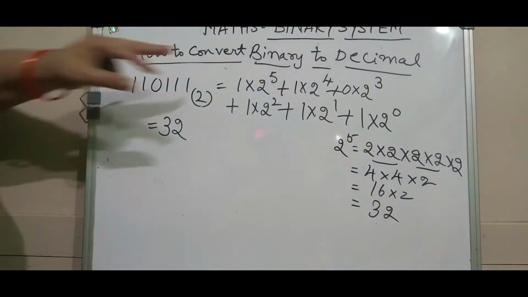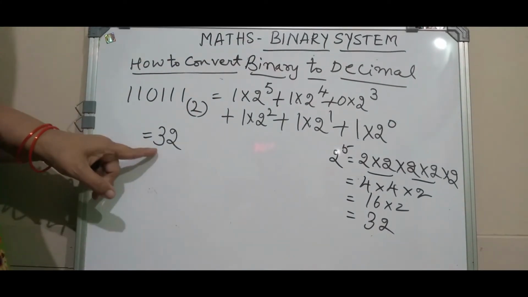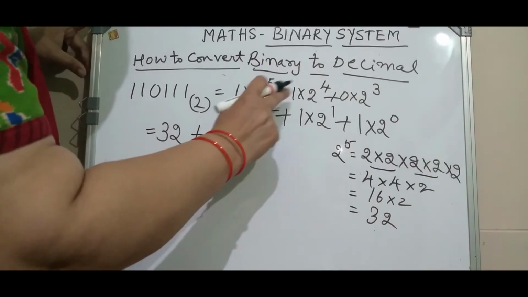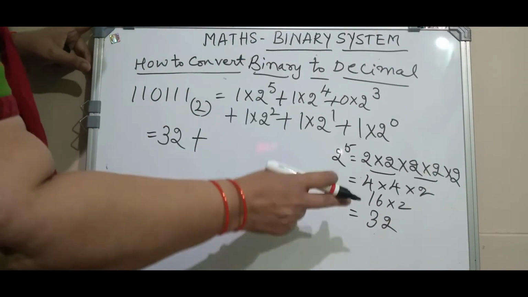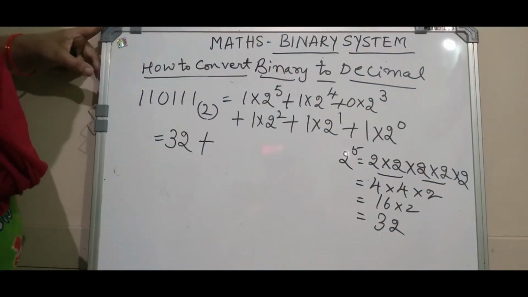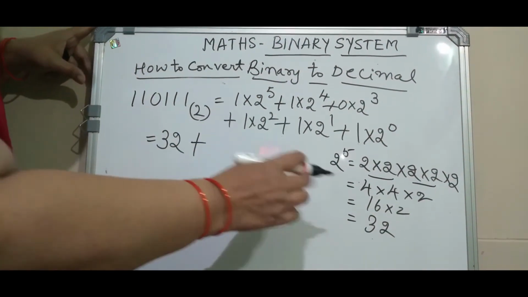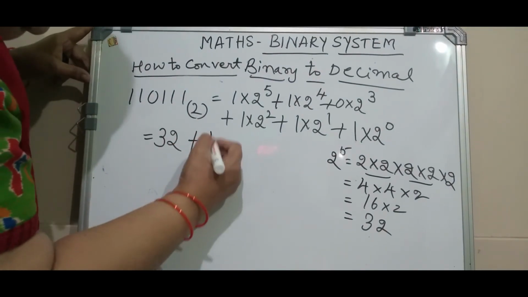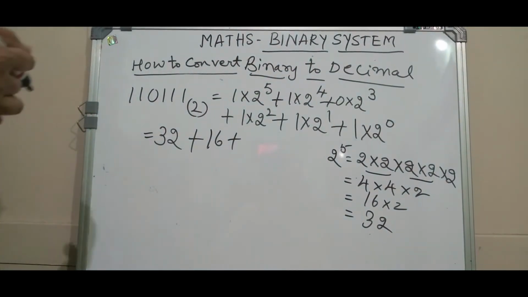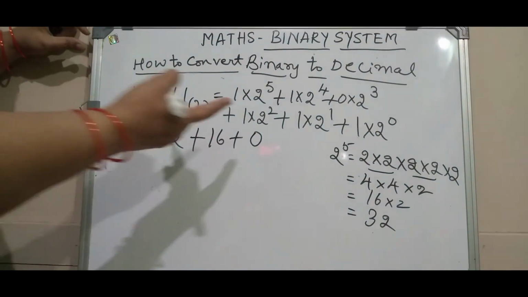1 into 2 to the power of 5. So 2 to the power of 5 is nothing but 32. 32 into 1 means ordinary multiplication, that is 32. Plus again 1 into 2 to the power of 4. 2 multiplied 4 times, you can do it orally also by this time. See, these lessons are usually in 8th standard, so you will be able to do it orally. So 4 4s are 16 here, 16, and 0 multiplied by 2 to the power of 3. Any number multiplied by 0, the value will be 0 here. So let me write 0.